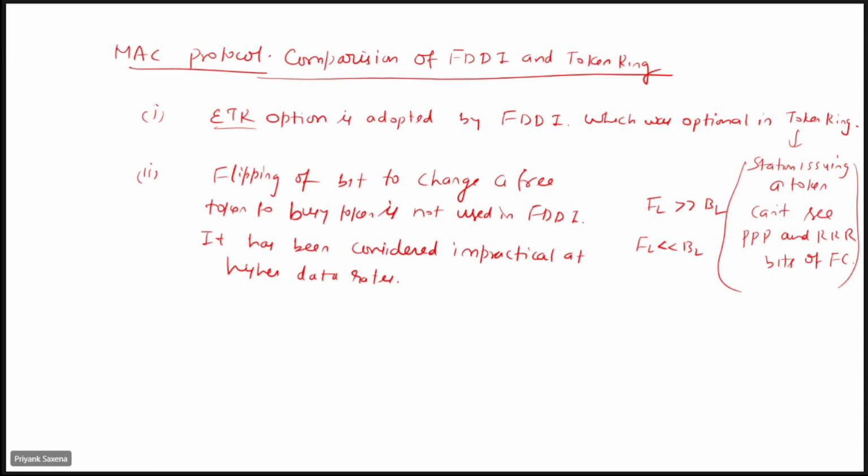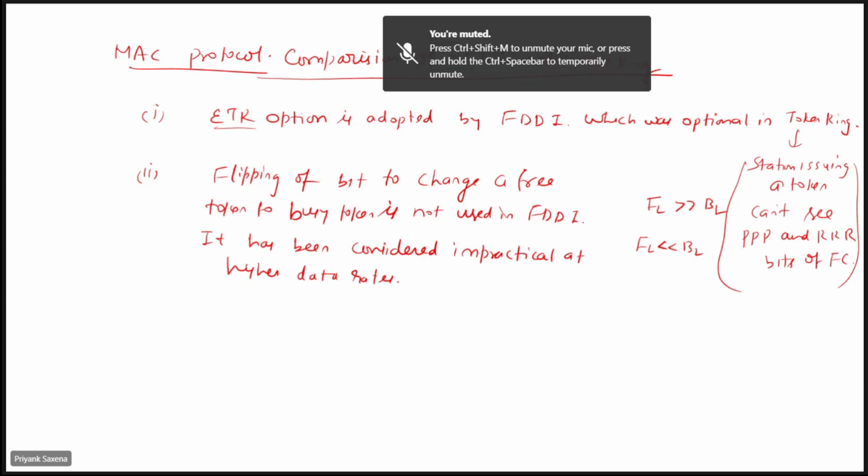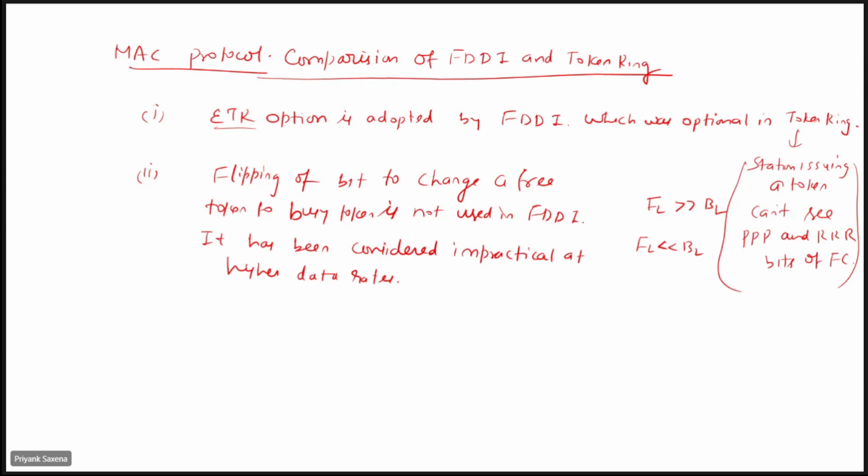What was ETR? Early token release. Because in early token release, what was the disadvantage? The token was released once the leading edge of the frame reaches back, rather than the entire frame being absorbed by the transmitting station. So what happens? The station fails to view the reservation bits and releases the token at the previously used labels, right? So this creates a